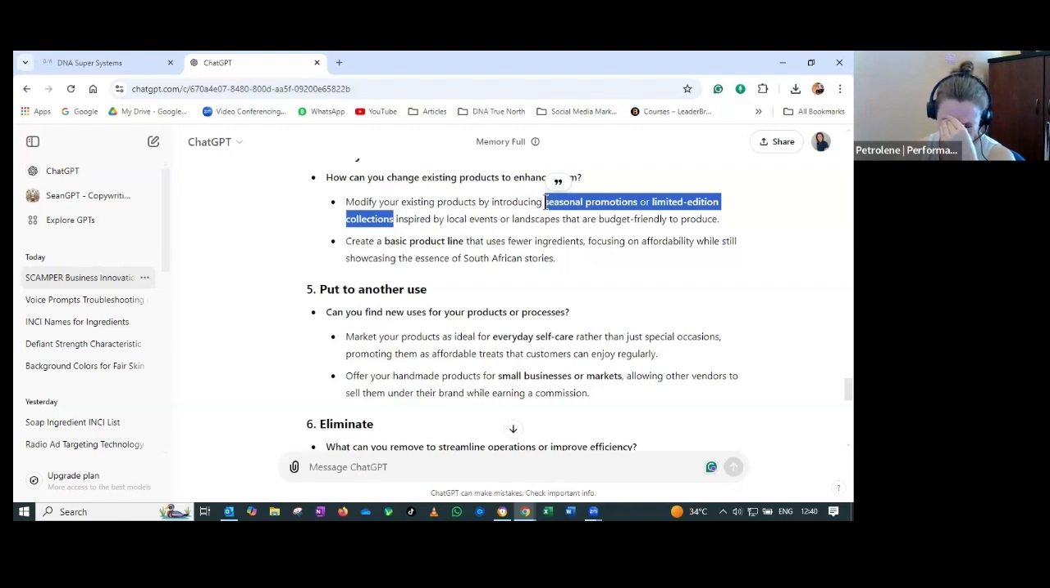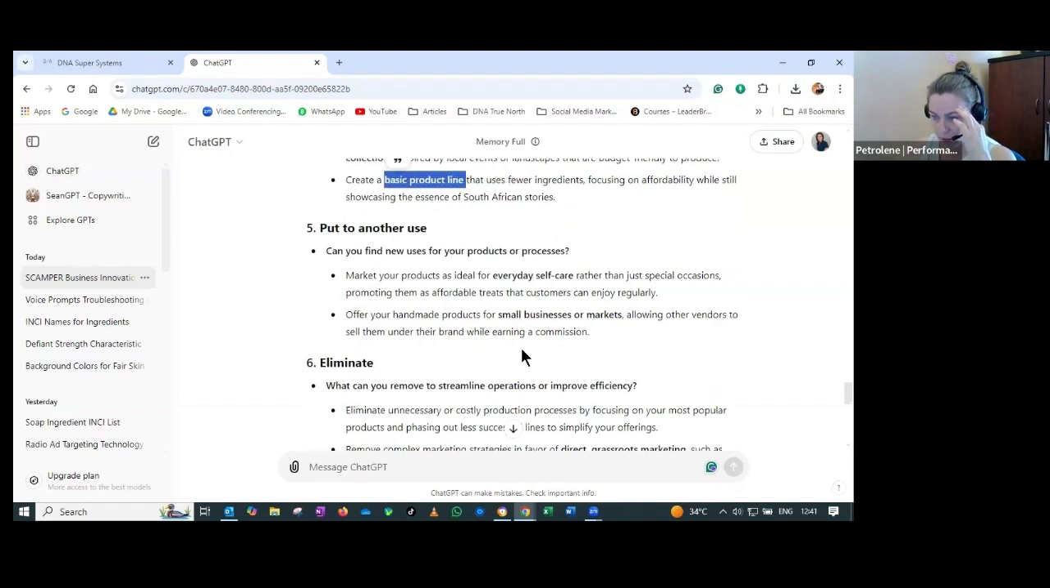Bodyworks, I'm thinking of. If you look at Body Shop, maybe not so much. They're more focused on different ranges, but if you go and look at Bodyworks, they do this. They have a fall range, they will have a winter range. They have seasonal promotions and limited edition collections. Okay, the basic product line,